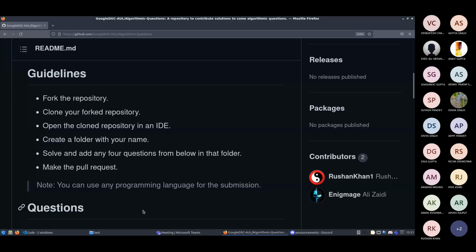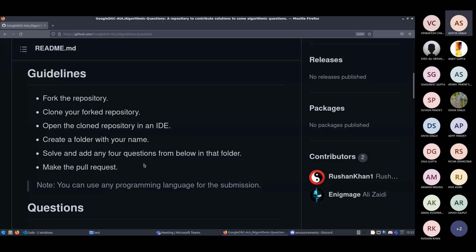Note that you can use any programming language for the submission. You have to do at least 4. You can do more if you want, but 4 is the basic requirement. I request you all to please do it and not just sit here, because it will actually help you. Git is one of the most important tools that a developer needs to know.